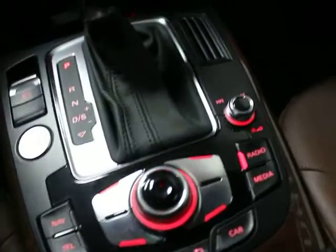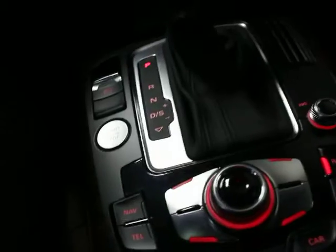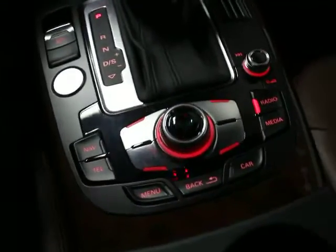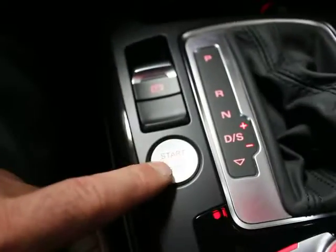So this is the Audi system. It's very comprehensive, very user-friendly. I like it. The navigation is really good, especially with things like points of interest. You've got media stuff, and I'll walk you through that on the display. But so you've got Steptronic transmission. So if you slide it over here, you've got the ability to upshift and downshift, push button start and stop,